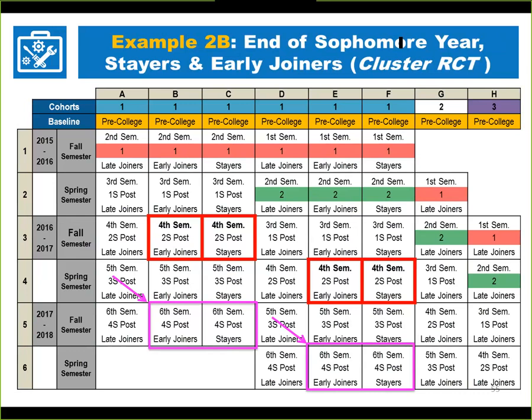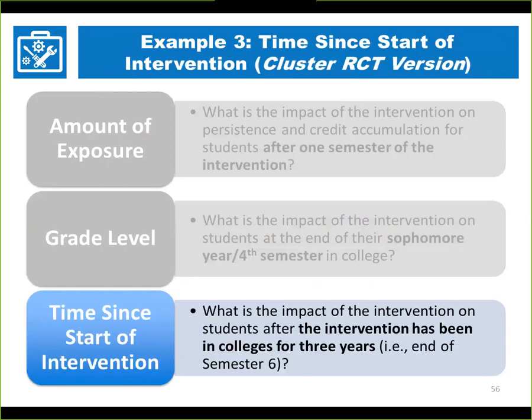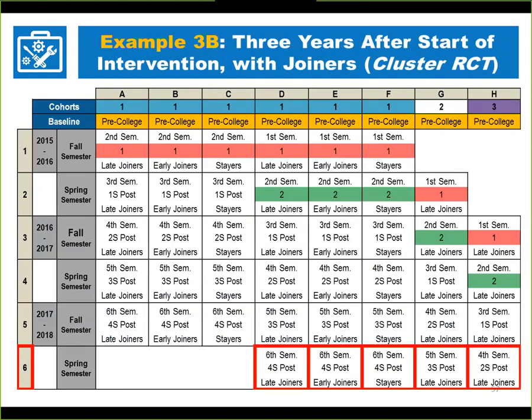Last is example 3 for the cluster RCT design, addressing the research question, what is the impact of the intervention on students after the intervention has been in colleges for 3 years, measuring outcomes at the end of semester 6. For the cluster RCT design, again, we need to just specify whether the sample will include stayers, early joiners, and or